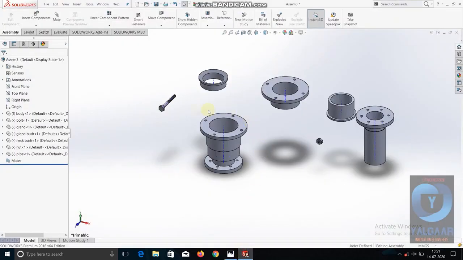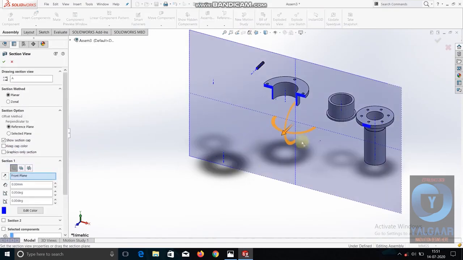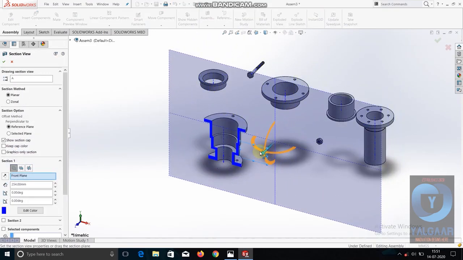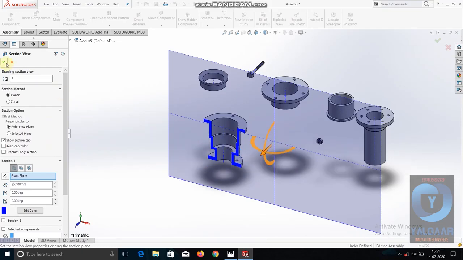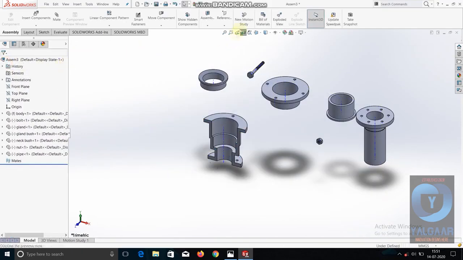Before doing that, to do it more precisely and correctly, we will take a section view of this part. You can view the section by clicking on this, and you can take the section as you desire.